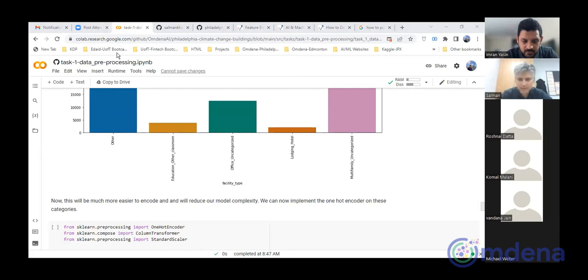So yes, Joshua, machine learning models work in a way that they understand only mathematical language, only numbers. If you put some strings in the data set, the model is going to give you an error. Machine learning models only understand numbers, so we need to convert anything which is not a number into numbers. Encoding is that thing. When we are encoding a particular variable, for example the facility type, or what kind of a residence,